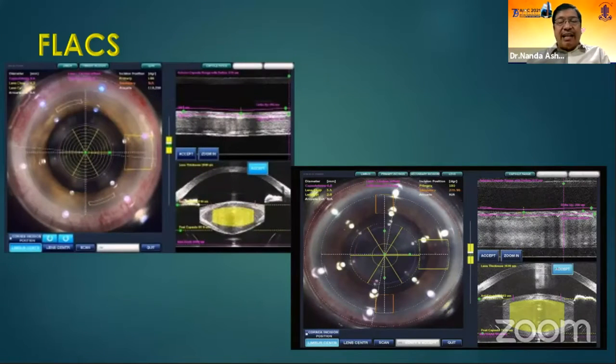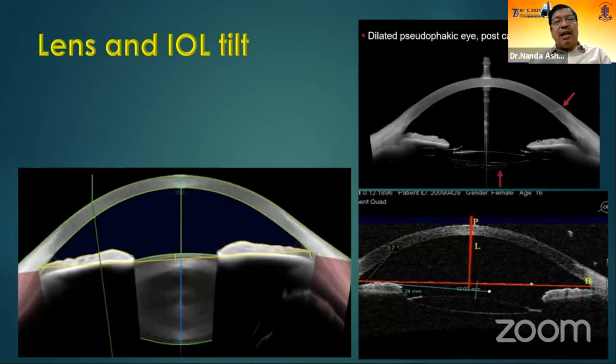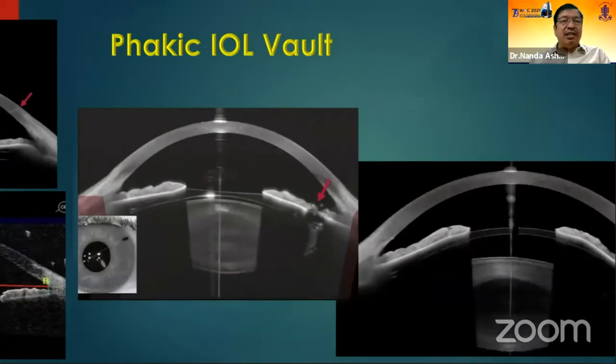A real-time intersegment OCT is necessary for planning treatment in femtolaser assisted cataract surgery, and that helps in not only giving us the incision details, the limbal relaxing incision details, but also about nucleotomy and capsular incisions. We can also have a fair idea about IOL tilt and lens tilt by limbus to limbus intersegment OCT evaluation.